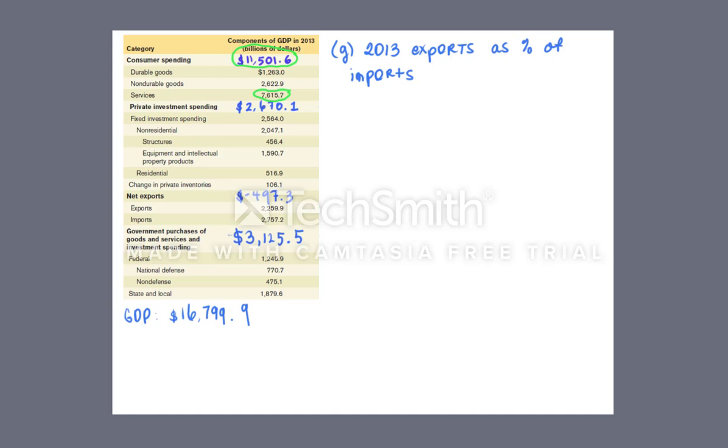Again, if you think about the numbers involved, we want to know what is this number here as a percent of that number. And so we want to know specifically, 2,259.9 billion US dollars is what percent of